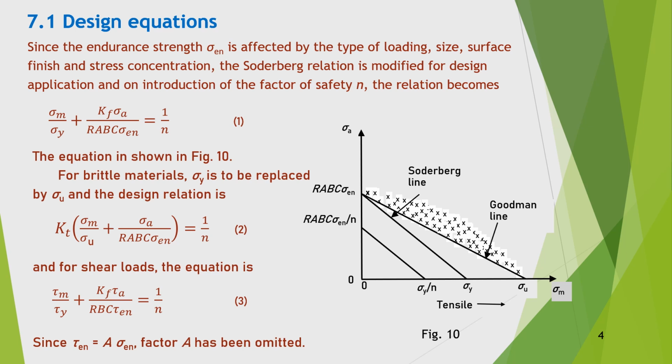Hence, the Soderberg relation is modified for design application, and on introduction of the factor of safety n, the relation becomes sigma m divided by sigma y plus Kf multiplied by sigma a divided by R A B C sigma En is equal to 1 by n. The equation is shown in figure 10. It is to note that alternating stress has been multiplied by the fatigue stress concentration factor Kf. Since this equation